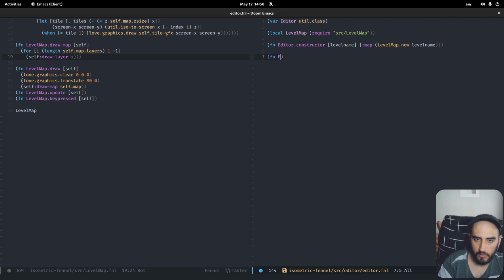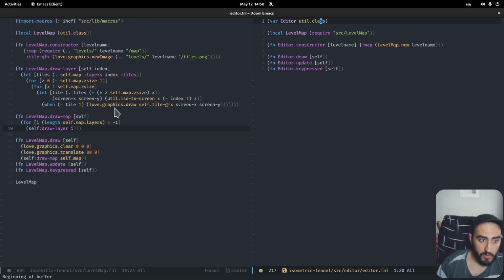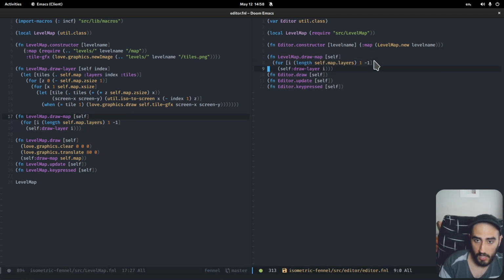And then we do draw, update, key pressed. All right, and I have to build a mouse wrapper too for the editor to be nice to use, right? The editor.draw. Now, let's do something unique here. So the editor.draw map,